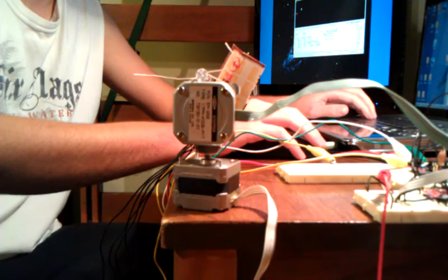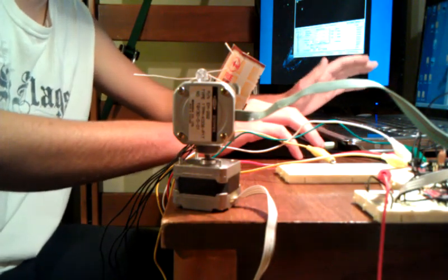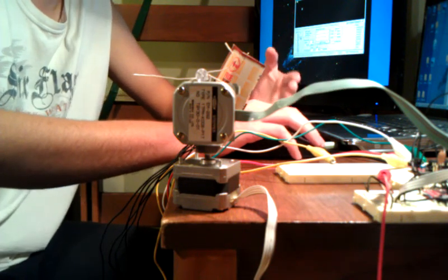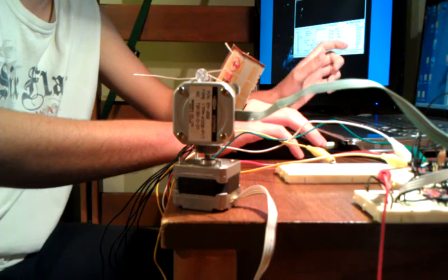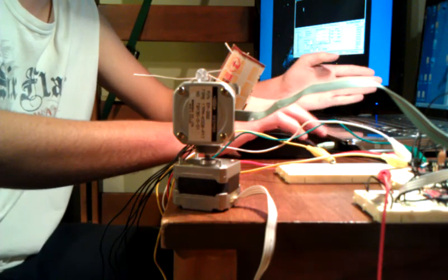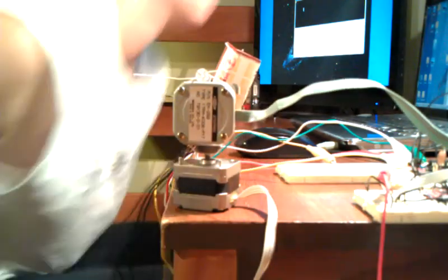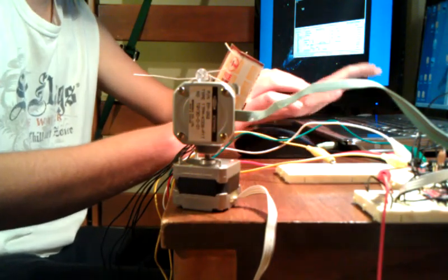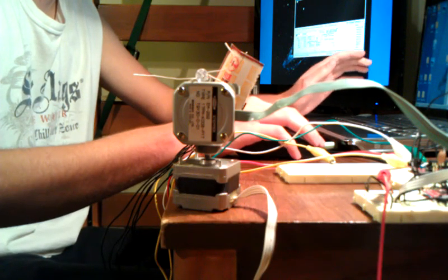Alright, so using the terminal here, you should be able to see it. I'm recording on my computer as well. The output from the MSP430 is unsigned integers, and it only sends one byte at a time. That's all I can read here because it's using asynchronous serial communication. So it can only send one byte at a time because it has no way of knowing when the next byte is coming, because they don't share a clock signal. So that being said, we're hooked up on port 4 here, and the baud rate is 9600,